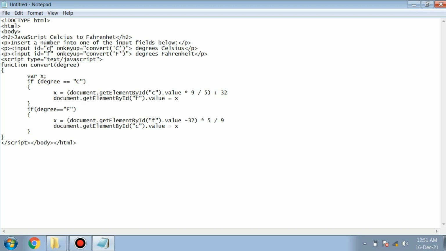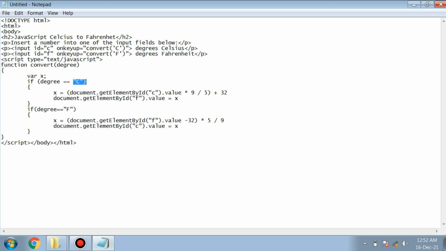Here you can see we have declared a variable X to calculate the value of Fahrenheit. If C is there, it means the value of Celsius is given and we need to find the value of Fahrenheit. So here we are giving the formula to calculate Fahrenheit.